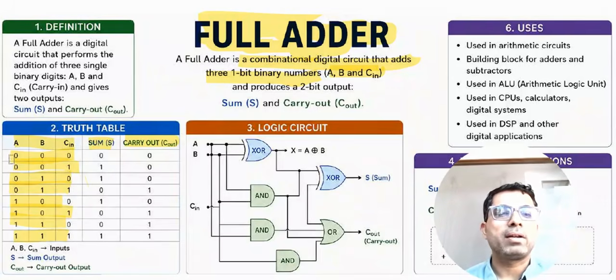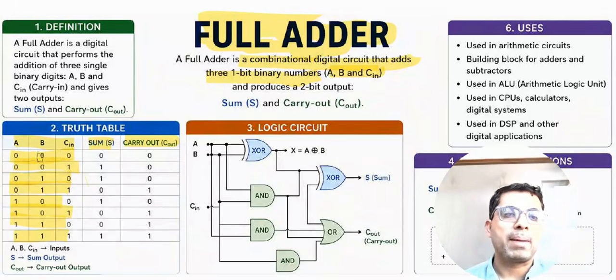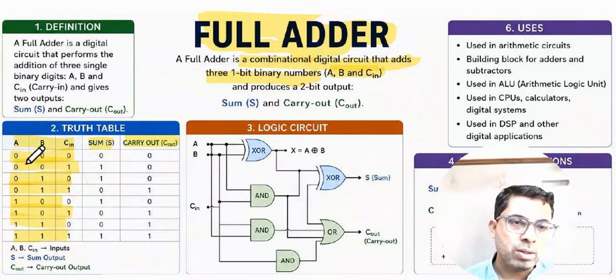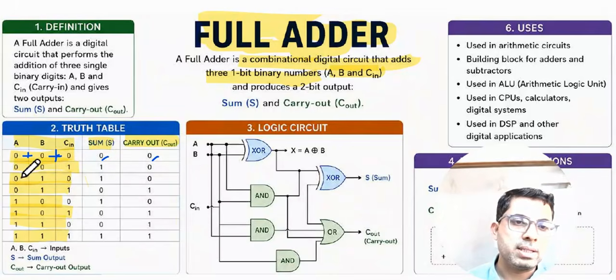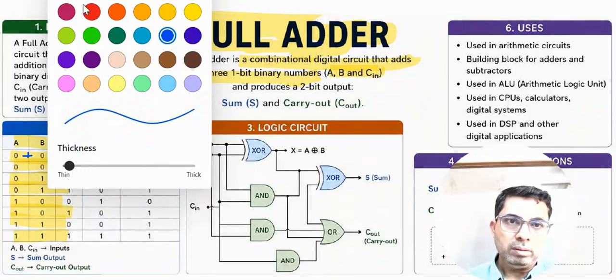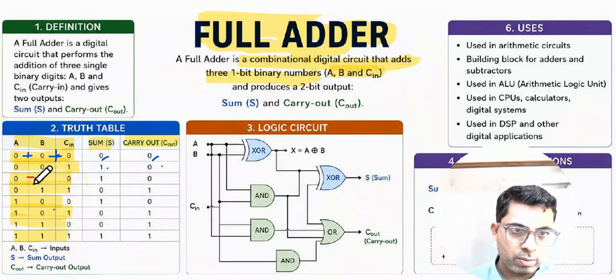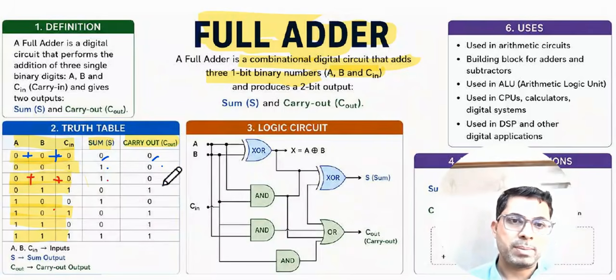Now like that of half adder, where we did the addition of 2 numbers, here it is addition of 3 numbers. This 0 plus this 0 plus this 0, what is 0 plus 0 plus 0? That is 0 and carry is not generated, so I have mentioned 0 here. Now 0 plus 0 plus 1 is 1, so sum is 1 and carry is 0, right? Now 0 plus 1 plus 0 is 1, so the sum is 1 and carry is 0. Here also 0 plus 1 is 1, and that answer 1 plus 1 is